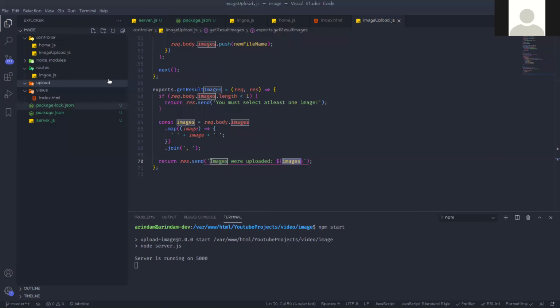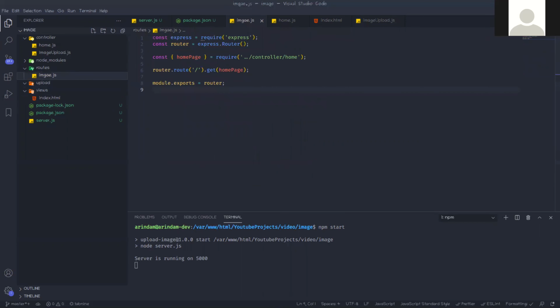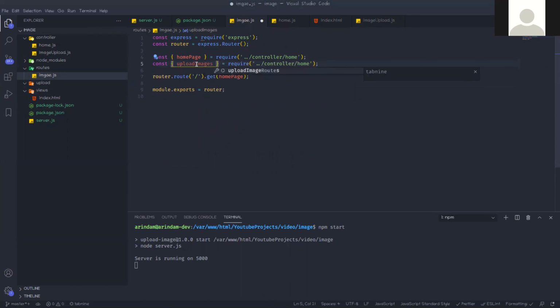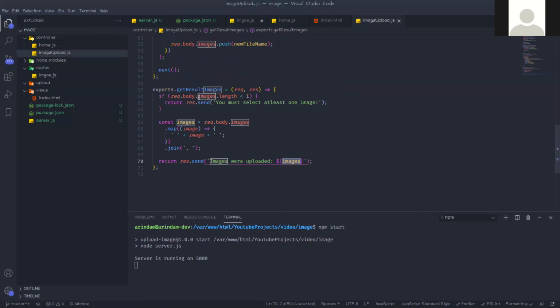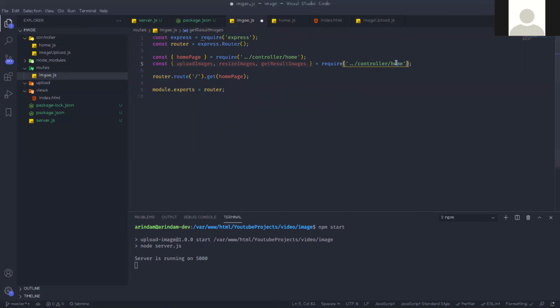Okay, so for that we need to go to that image route. In this route we first need to bring those three functions. First one is upload images, second one is resize images, third one is get result images. And this should be image upload.